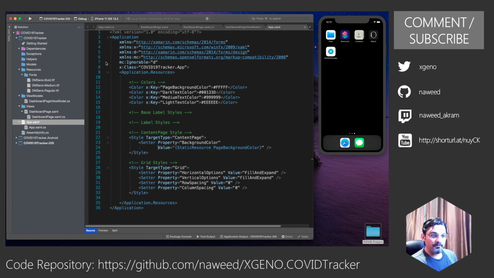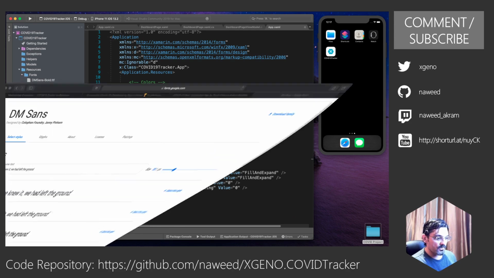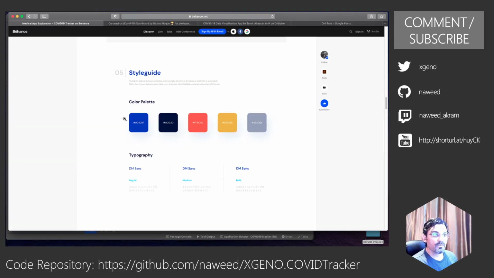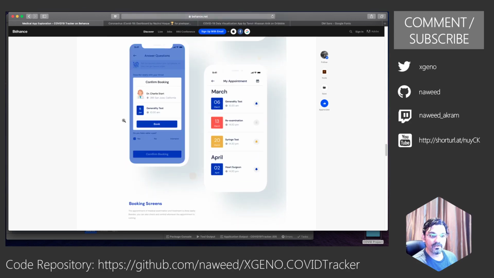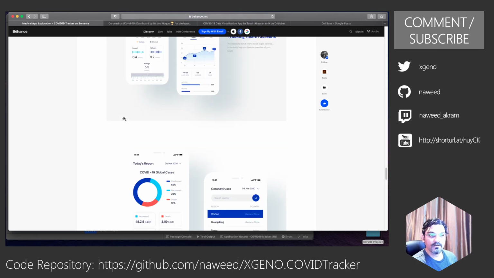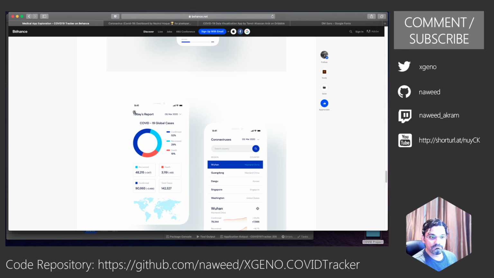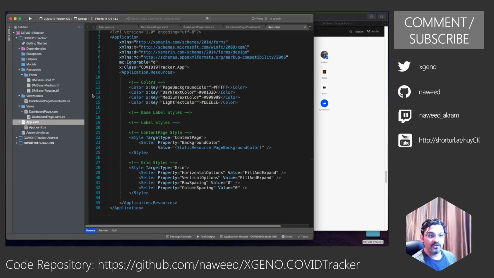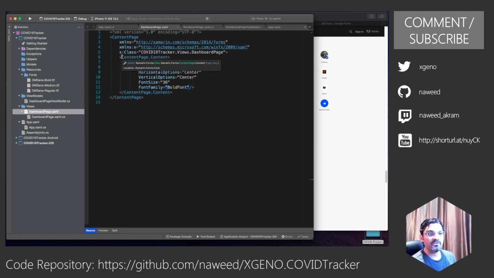So looking back at our design now, what we want to do is we want to have this kind of design. So we have maybe a top row which has this heading, today's report and today's date. We have a section, we are going to put this section, but before that we are also going to put some news items. So let us go back to our dashboard page and let's start designing this particular page.